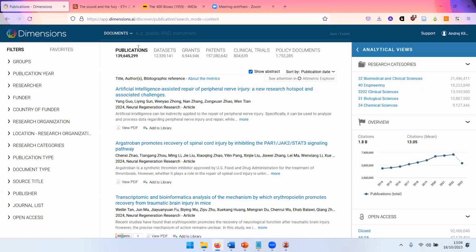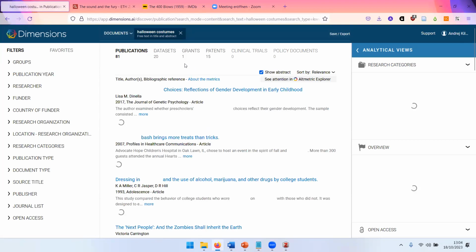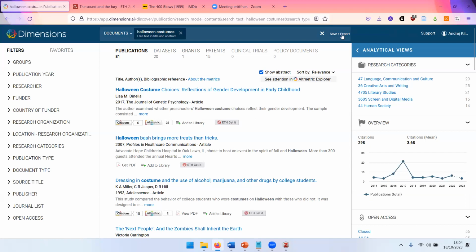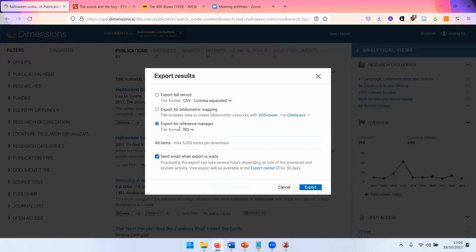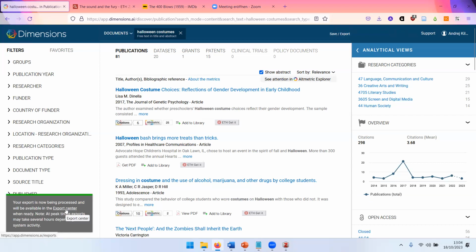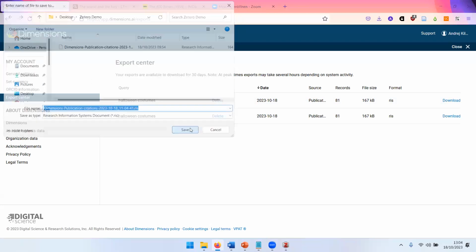Then you may do literature research in a database. I use Dimensions here, for example, but it could be any other. And maybe you do a project on Halloween costumes, and you find 81 papers. And in all of these databases, you have a possibility to export your results. We do that here. And I choose RIS, which is the standard format for this purpose, but the others should also work. But RIS is your safest bet. So I download my file, save it locally,